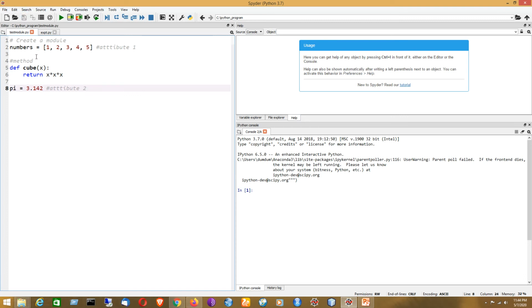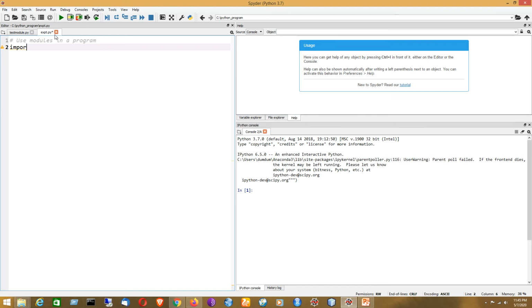Now the program has been saved with the name test module dot py, and I am going to access the members of this module by using an application program written in Python. First I will try to import the module, because if I do not import it, it is a package-like concept basically.